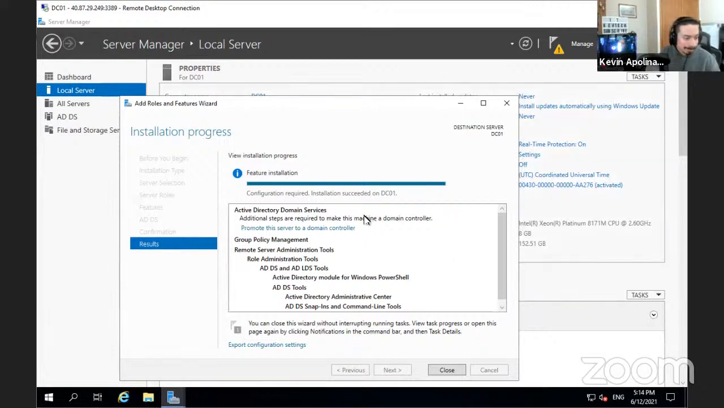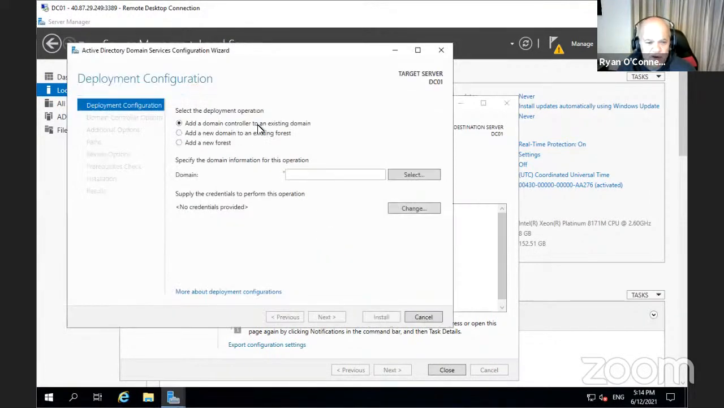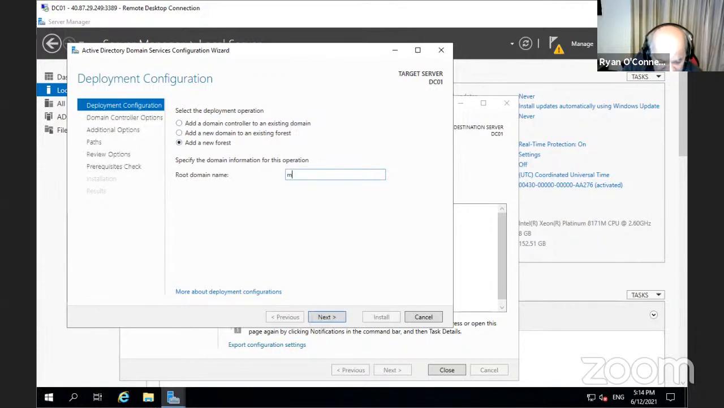Okay, so now we've deployed all these resources. We can now promote this to a domain controller, so we can select promote. If we had an existing domain controller, we could add it to an existing domain. We could add a domain to an existing forest, but this is a new forest. So we'll call this, say, myazure